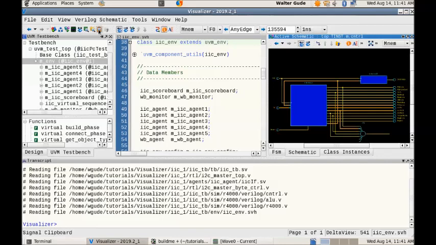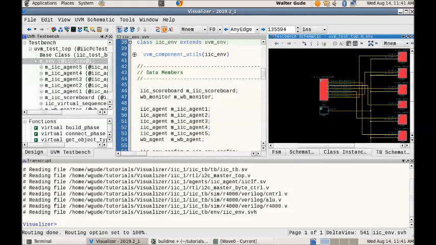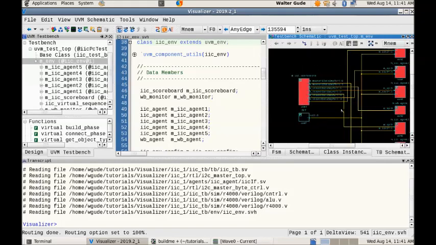Should have it somewhere. There it is. Okay. So here's my UVM schematic,